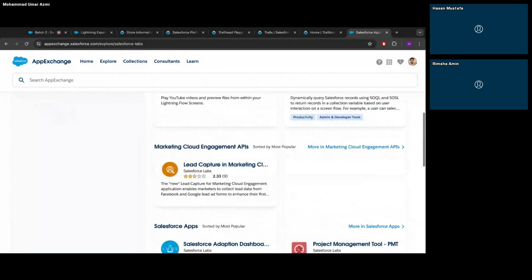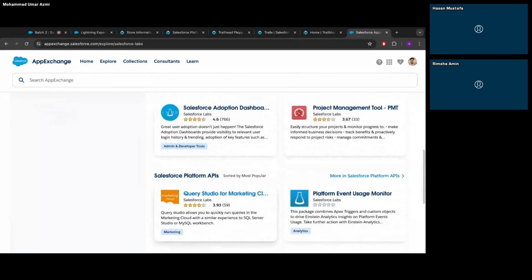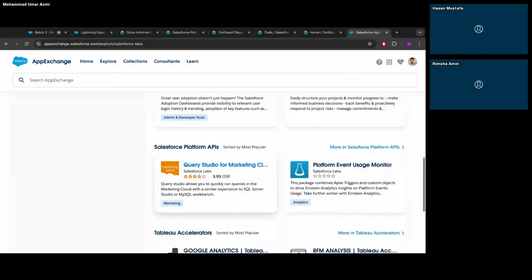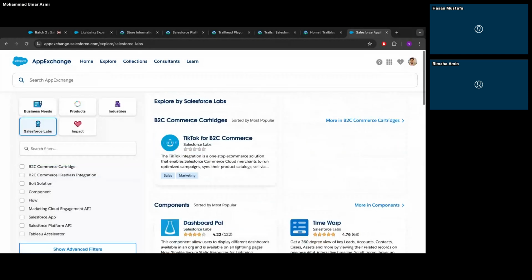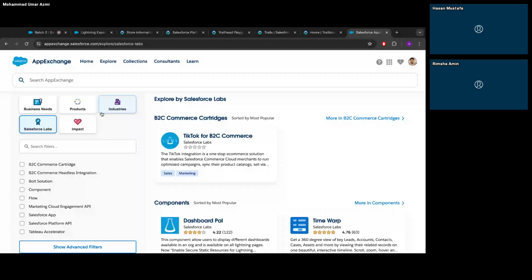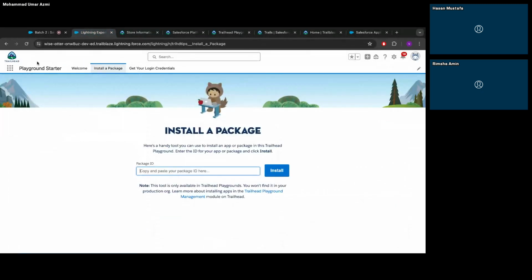And there are a lot of applications based on users. So this is just an introduction of what App Exchange is. Okay, going forward, let me